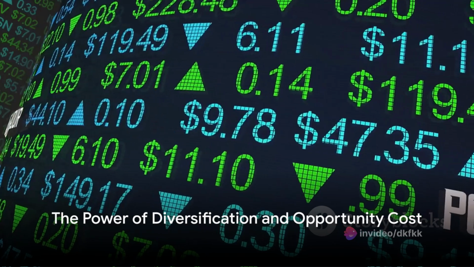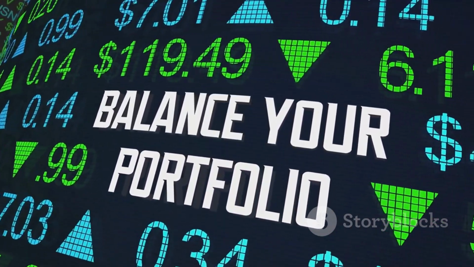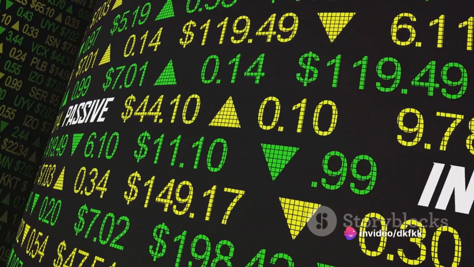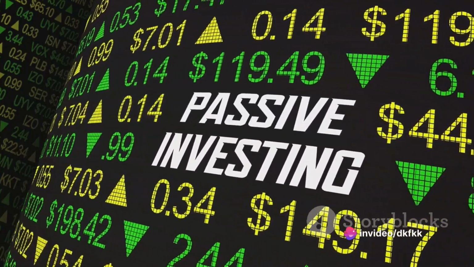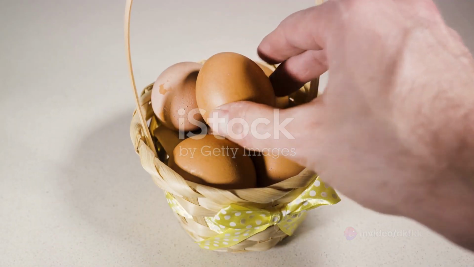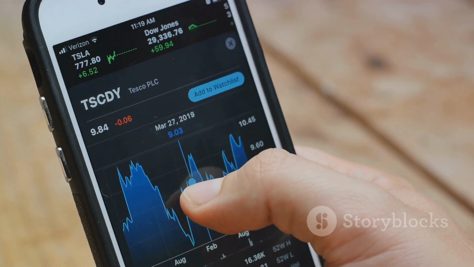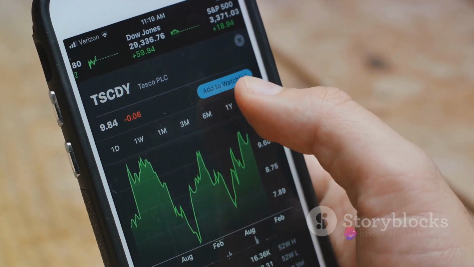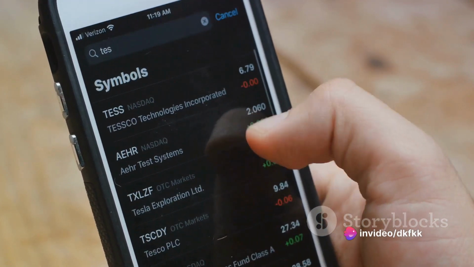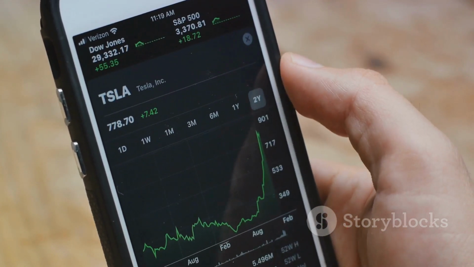Diversification and opportunity cost are two key concepts in investment strategy. Let's take a dive into these crucial ideas. Diversification, in essence, is a risk management strategy that mixes a wide variety of investments within a portfolio. It's like not putting all your eggs in one basket. It shields you from total loss, but with enough diversification, you can focus on a growth strategy, and the returns will compound over time that might even outstrip the total return of the competition, even during a drawdown.